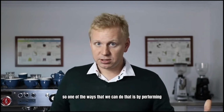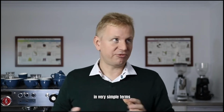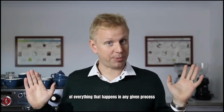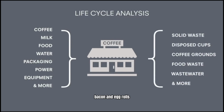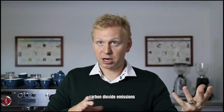So one of the ways that we can do that is by performing what's known as a life cycle analysis. In very simple terms, this is what they call a cradle to grave analysis of everything that happens in any given process. I did it on cafes and coffee shops. So it wasn't just on paper cups, it was on paper cups, bacon and egg rolls, the espresso machine, and a whole bunch of different categories. And we computed ultimately a big wheel that looked at what the individual carbon dioxide emissions were from those